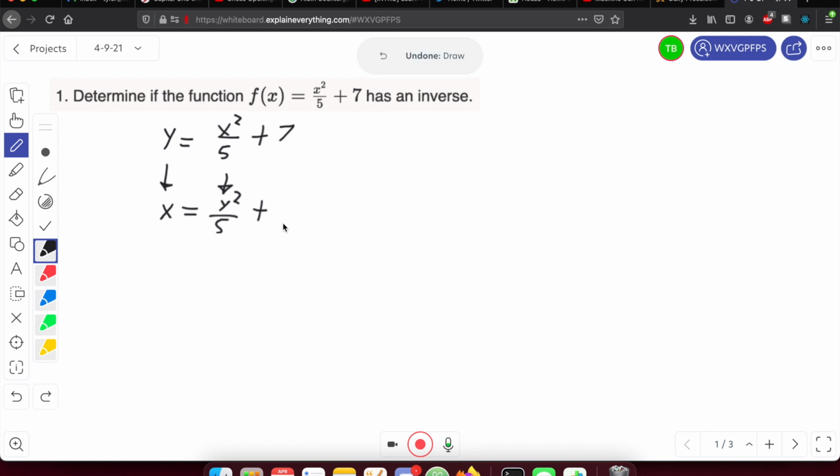Oh, sorry, this is not over 5. This is just 7. So we're going to subtract 7 from both sides, right? We're just trying to isolate the y term. This gives us x minus 7 equals y squared divided by 5. Now we're going to multiply both sides by 5 to cancel these terms,